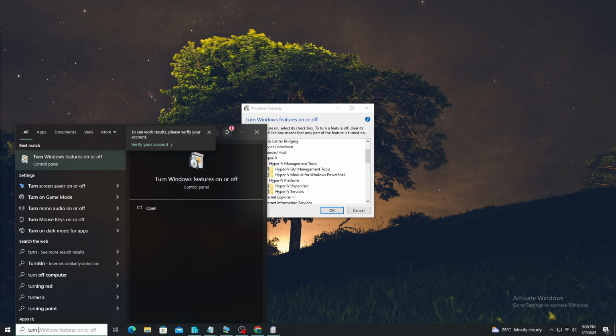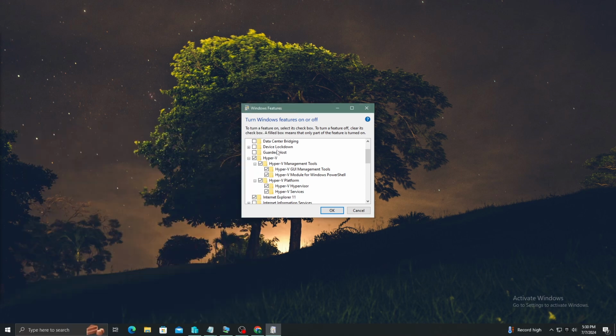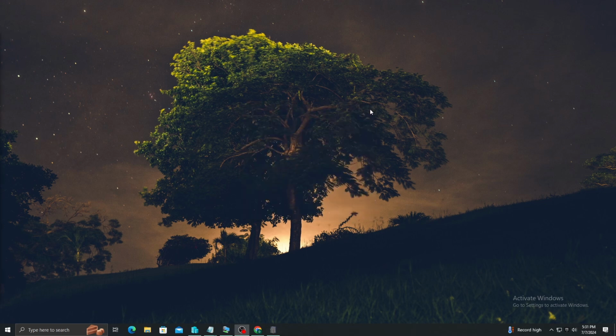If you go to your Start menu and type in "turn Windows features on and off" and click this first option here, it will pull up this window, and you just check off Hyper-V platform, hit OK, and it will then install, and you'll have to restart your machine. Once the restart is finished, then you'll have the Hyper-V